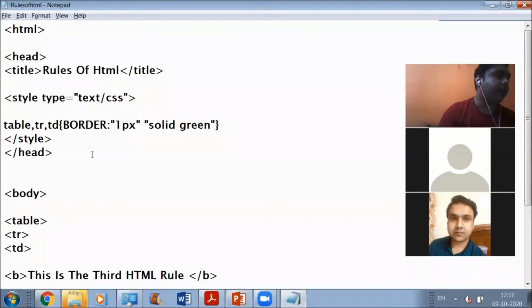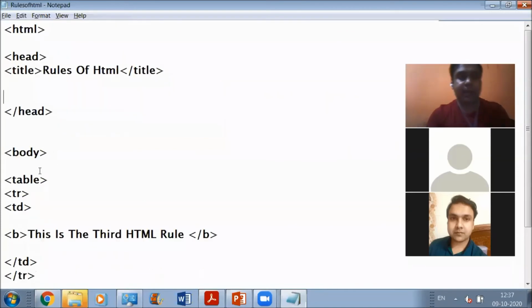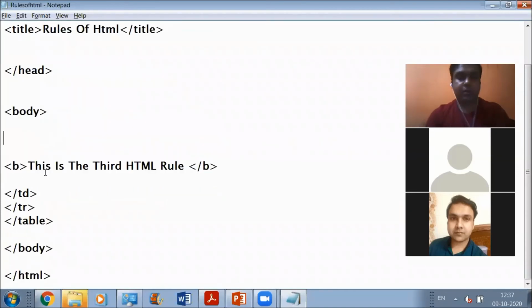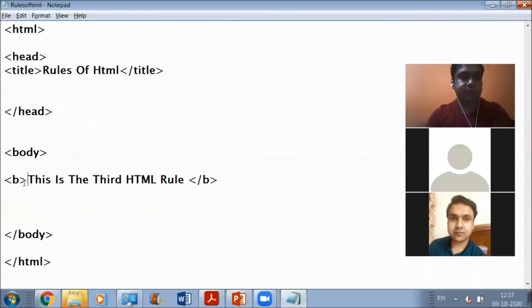When the tags are embedded, when you start a tag within another tag, you need to close the inner tag before closing the outer tag. Now let me show you practically what you have to exactly do in this thing.